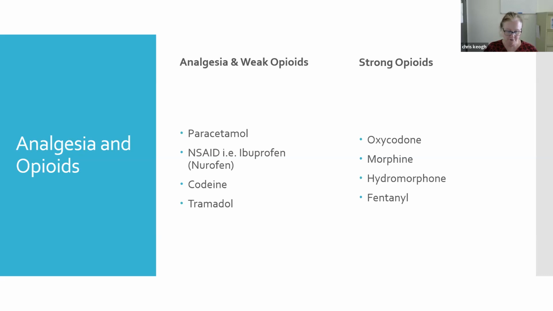Opioids usually are required for that moderate to severe pain. These are the most common opioids used in palliative care, as I mentioned before. And the mainstay of analgesia and opioids should still be morphine. When we use a strong opioid, we should use it as a sustained release formulation, and then we often prescribe a PRN dose as well, or we should.